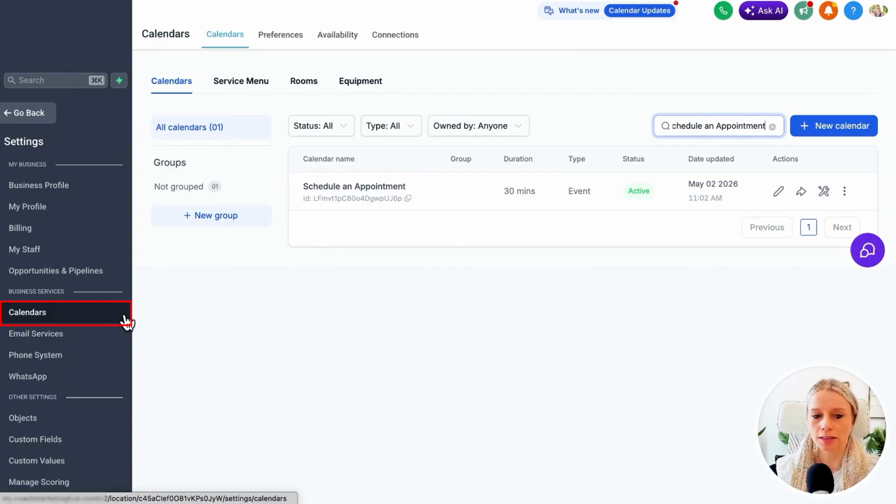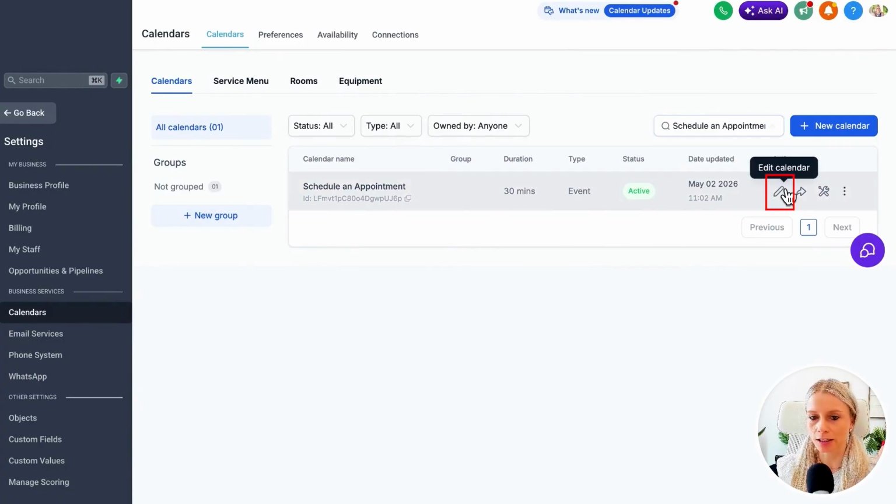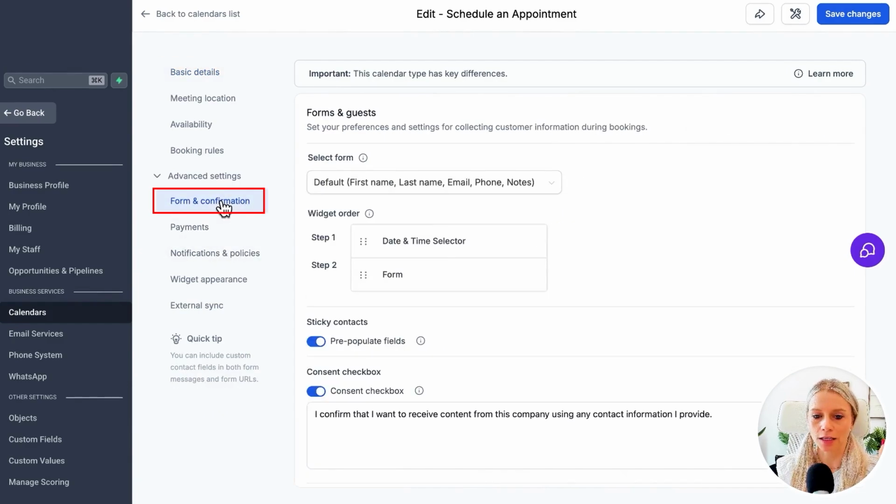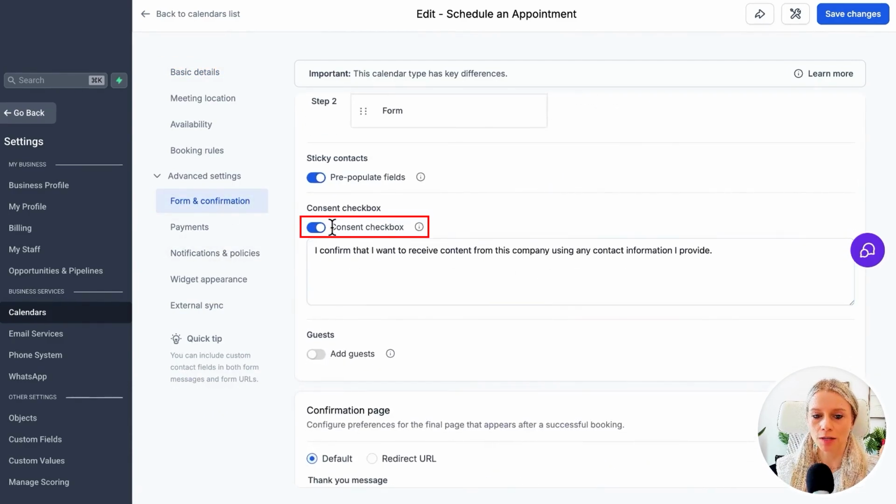Lastly, you want to go to Calendars on the left, select the calendar in question, click on Edit, go to Advanced Settings, and then click on Form and Confirmation. Scroll down and make sure that this is turned on. Consent checkbox, that little toggle right here. And make sure that you verify test contact, so that you test all of these surveys, forms, and calendar appointment booking forms yourself with your own email, a second email that is not registered within the system so it doesn't go to spam. The point is you test it so that everything is legally displayed